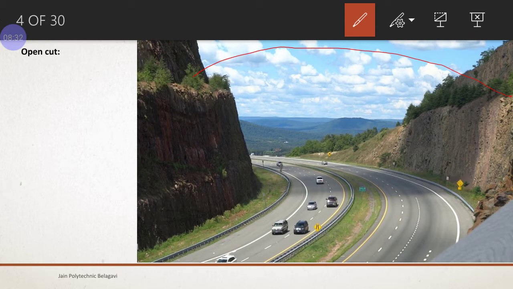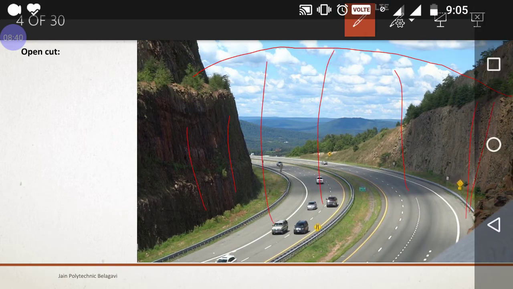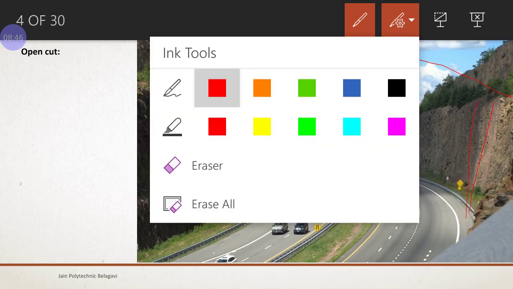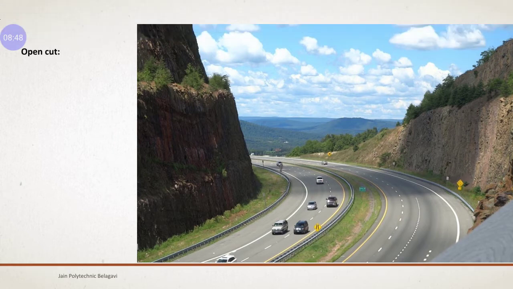With the help of explosives and excavators, slowly this portion was taken out, and the road was made. This is useful only in the case where the depth and the width of the mountain or the hill is very much less than 18 meters. In that case you can opt for the open cuts. If it is more than that, then it is advantageous to go for tunnels.